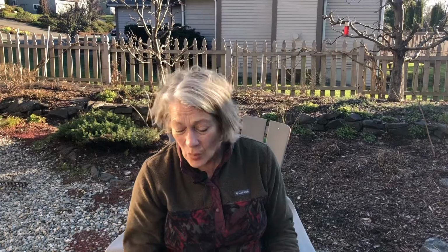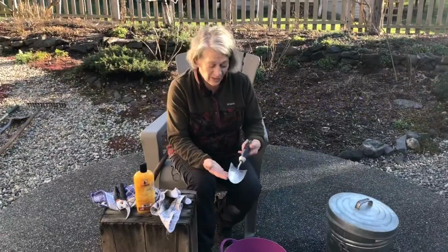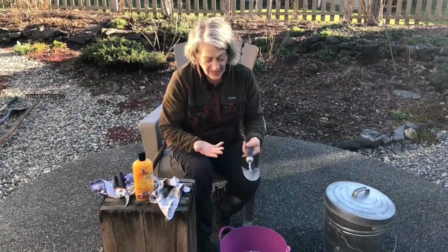Well, if you're like me, you probably were in a hurry the last time you used your shovel and got that job done, and then it's starting to rain, so you just put the tools in the shed, thinking we'll clean them up later. That happens a lot. Well, today I want to show you what I'm going to do about cleaning my tools now in the middle of winter. So I've got a little trowel here and I can see that it's got some dirt